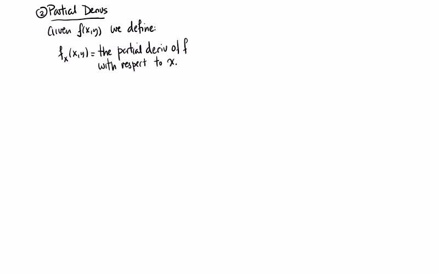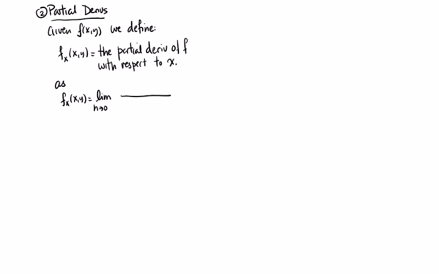So just take a second to digest what that means. It's sort of like saying the derivative of f with respect to x. So what we're doing here is we're going to look at what happens when x changes. And the official definition, which we're not going to use, but it's worth giving,